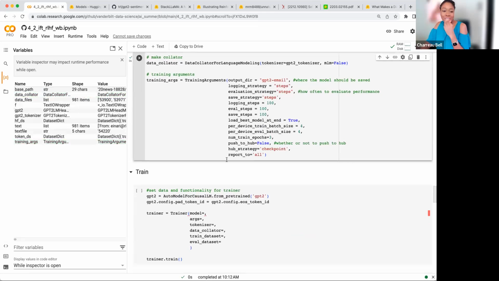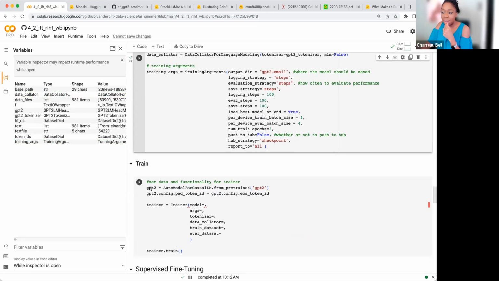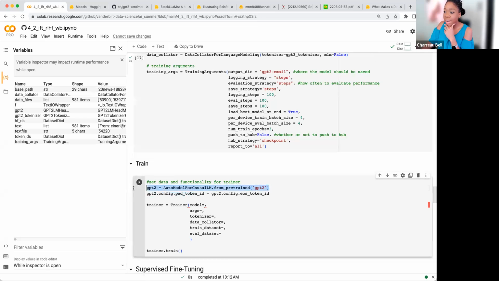So here, we talked about this a little bit yesterday. We tend to like to put the training part with the actual creation of the model, because when you run this over and over, it will create a new model every time. So you know exactly how long you've been training. But here we're going to go ahead and create our GPT-2 model. And then we're going to set this, even though this is actually unnecessary because we already have the tokenizer that we'll be using. So then for trainer, the model that we want to pass in is that thing right there.